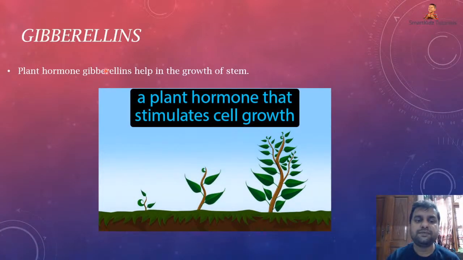Then you have the gibberellins, plant hormones which help in the growth of the stem. Have a look, this is an example. You have a plant which is small, and the stem has to grow. When the stem grows, you have the leaves coming out from there, and this is a hormone that stimulates cell